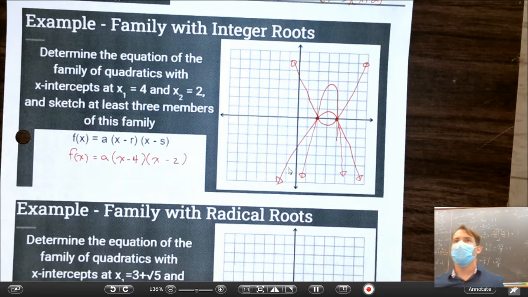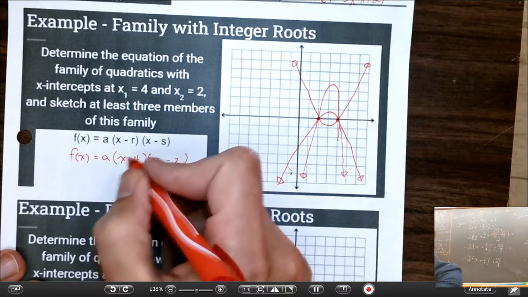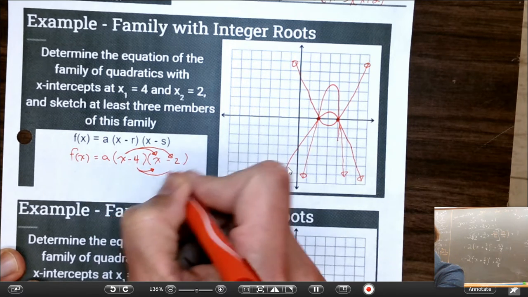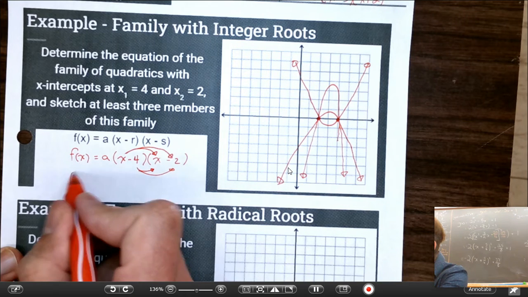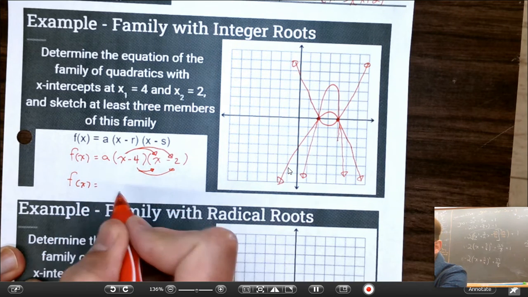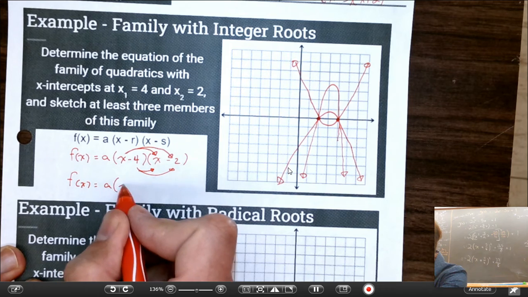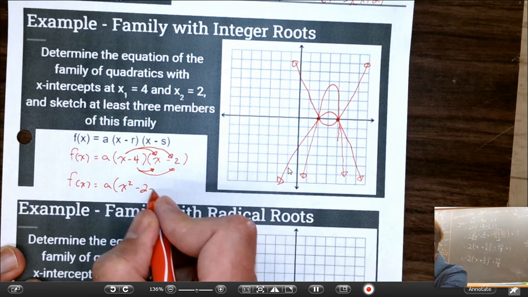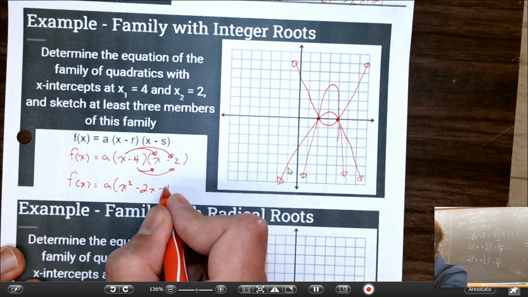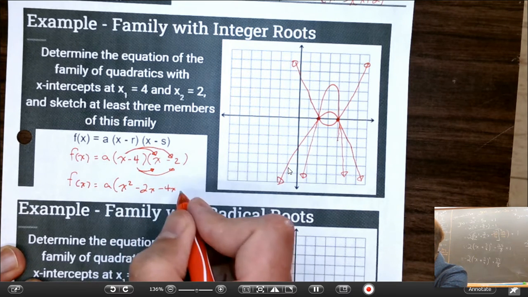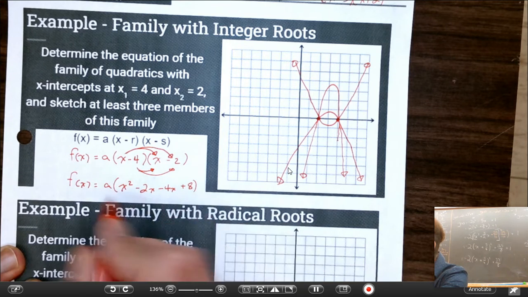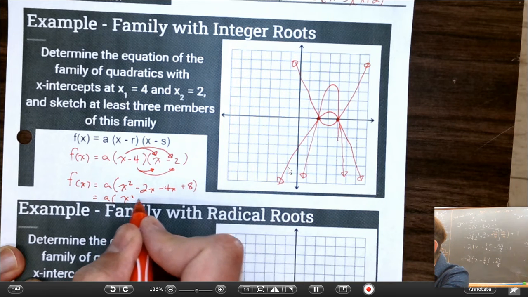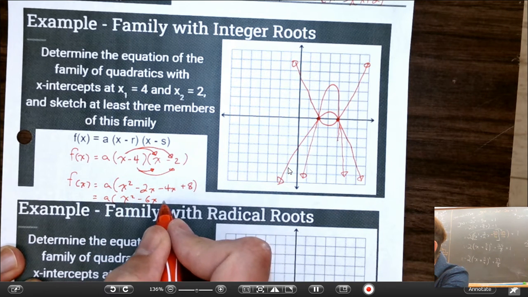Suraj? Yeah, just FOIL it. Expand and multiply. There, boom, boom. So use your FOIL rule. So I would have this function of x is equal to a multiplied by x squared, x times negative 2 is minus 2x, minus 4x, plus 8. All right? Collecting these like terms in the middle gives us a times x squared minus 6x plus